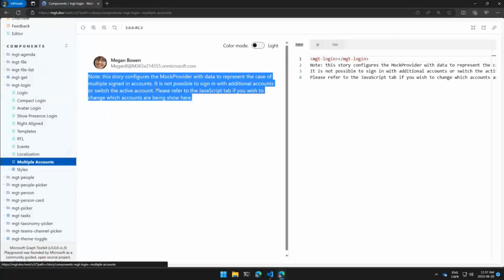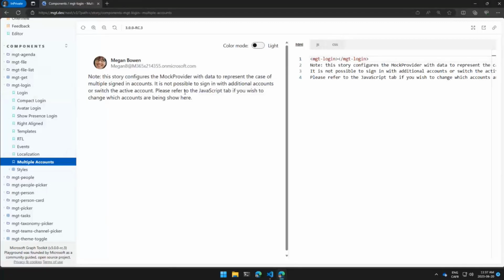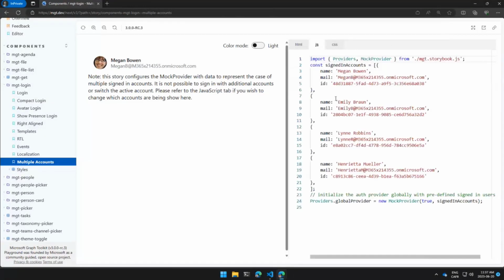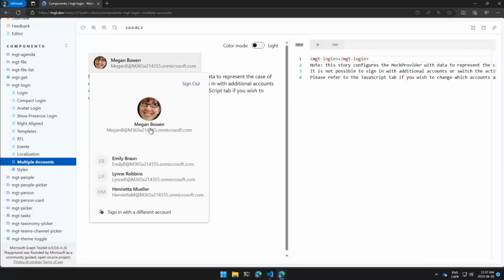Here we're faking it because I'm not logged in. We're actually using a sandbox environment that provides it. So here in the backend, we're actually providing some sort of multiple signed-in accounts and faking a lot of it. But the result is the following. Here, look at that. Now you see that we have a couple of accounts that are logged in. I can switch from one to the other. I can sign out from just a logged in account. I can also go here and sign in with a third or a fourth or a fifth account.